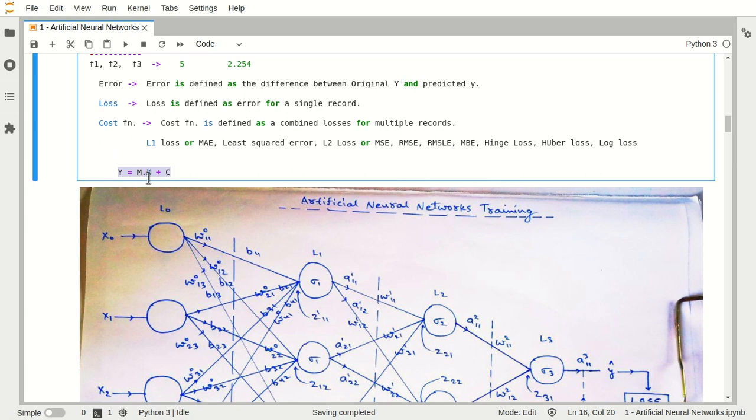And this particular change, guys, we will try to calculate using differentiation. Differentiation means dy upon dx, right?